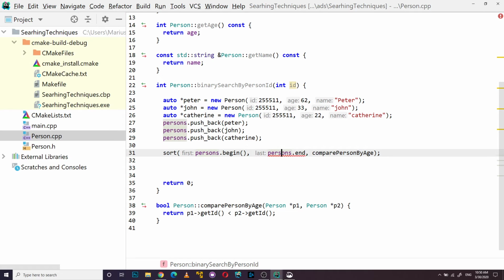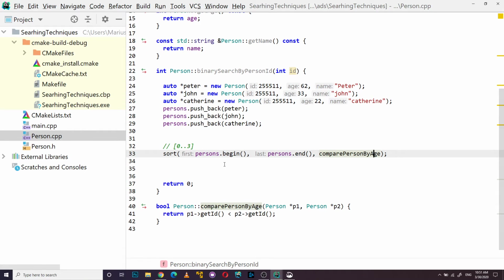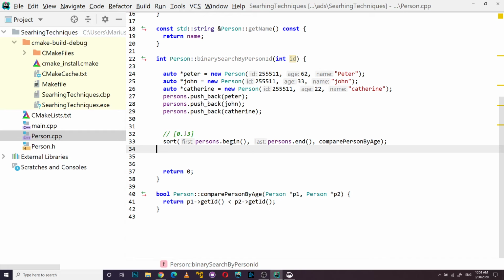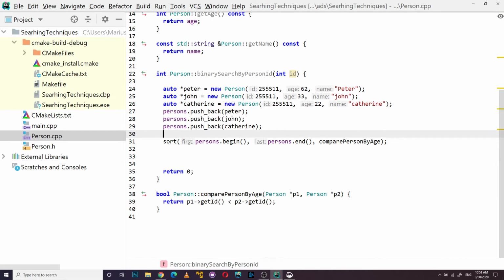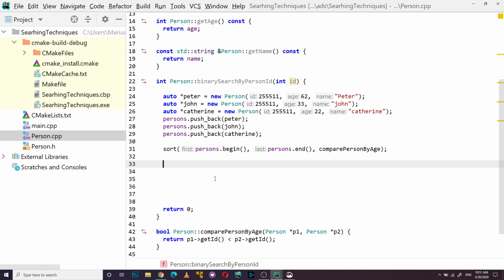You need the range of your vector, the collection begin and end, like this, from 0 to 3, the range of this, and compare this collection by age. Sort function, we have the sorted function, and now we need to implement our binary